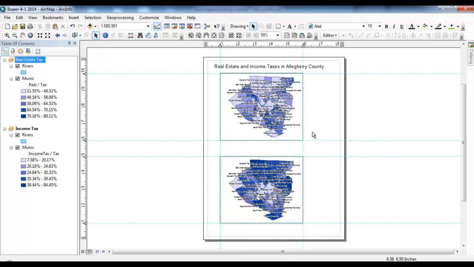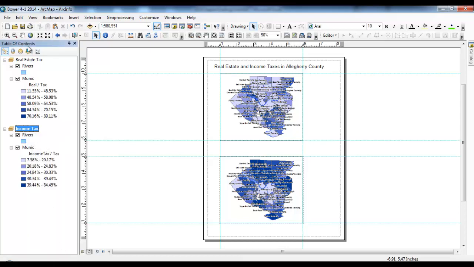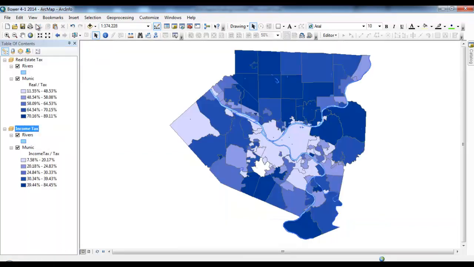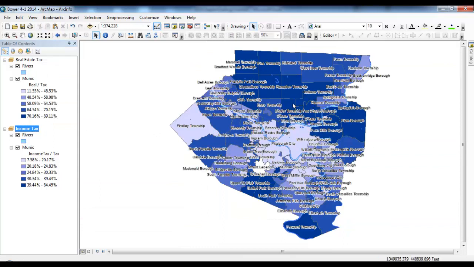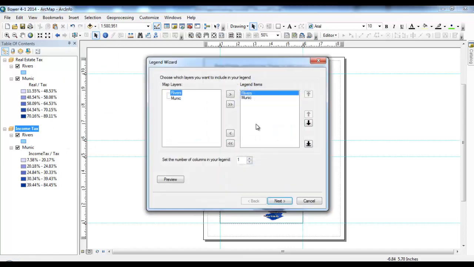The last, we have 2 more steps. One is we need a legend for both. So remember that whichever field, or whichever group data is activated here. So right now, income tax, right? If you click on activate, this one's activated. So if you go back to data view, we can see that the one with the dark areas up here, these are income tax. These are some of the wealthier areas around Pittsburgh. And if we go back to our layout view, we can see this is the map here that has income tax. So now if we go to insert legend,